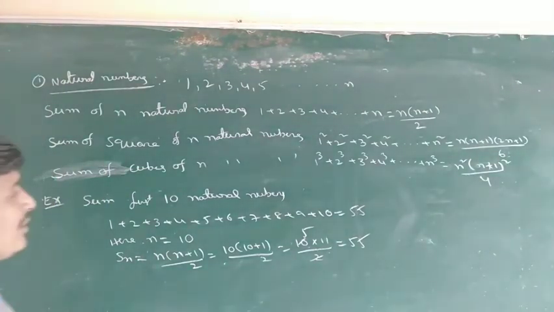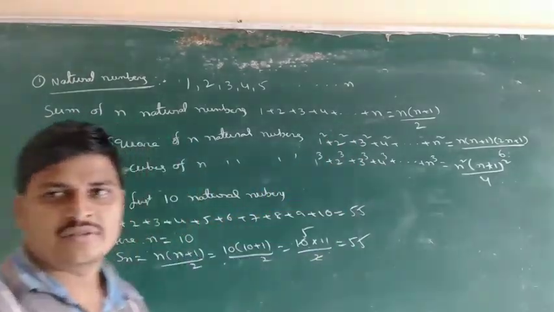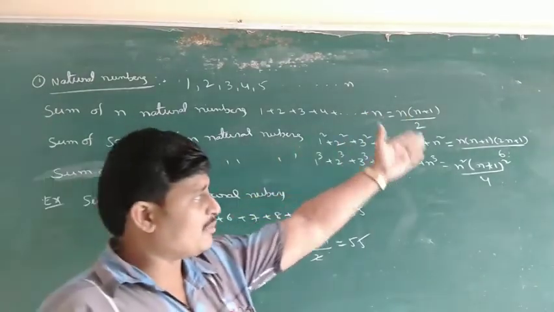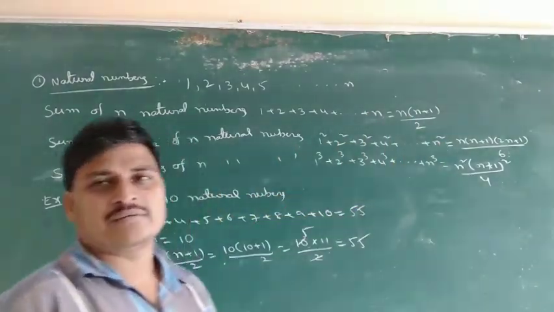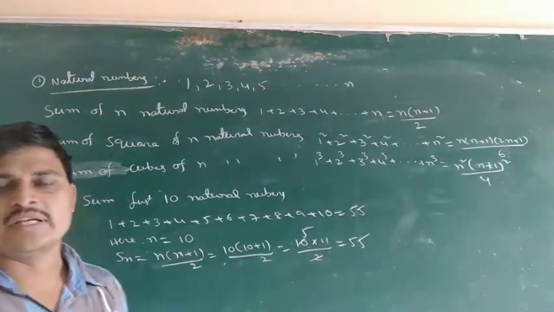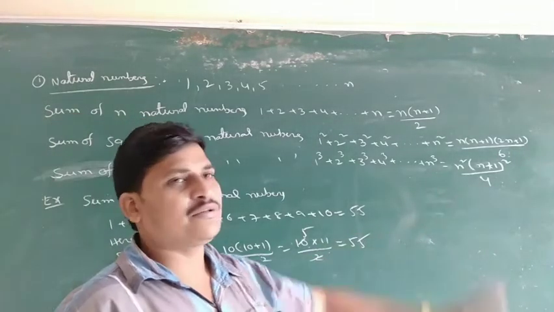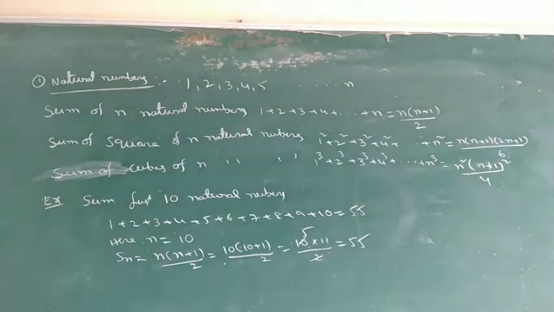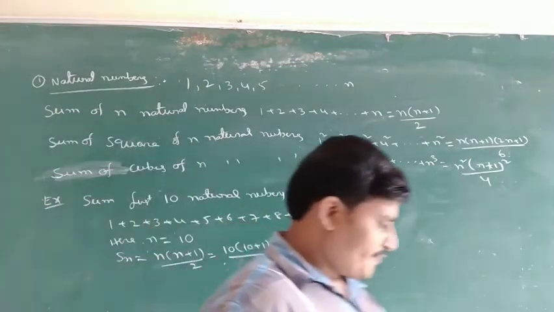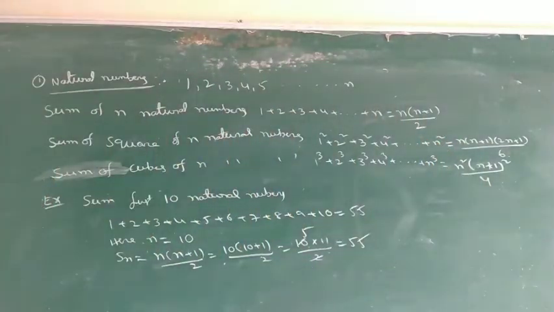Next, sum of the squares of first 10 natural numbers. Also same procedure. This is the problem, a simple formula, very fundamental formula, basic formula. Sum of the natural numbers is n into n plus 1 by 2. Sum of the squares is n into n plus 1 into 2n plus 1 by 6. Sum of the cubes is n square into n plus 1 square by 4. So, okay, this is one of the models. Next, clear. Next one.